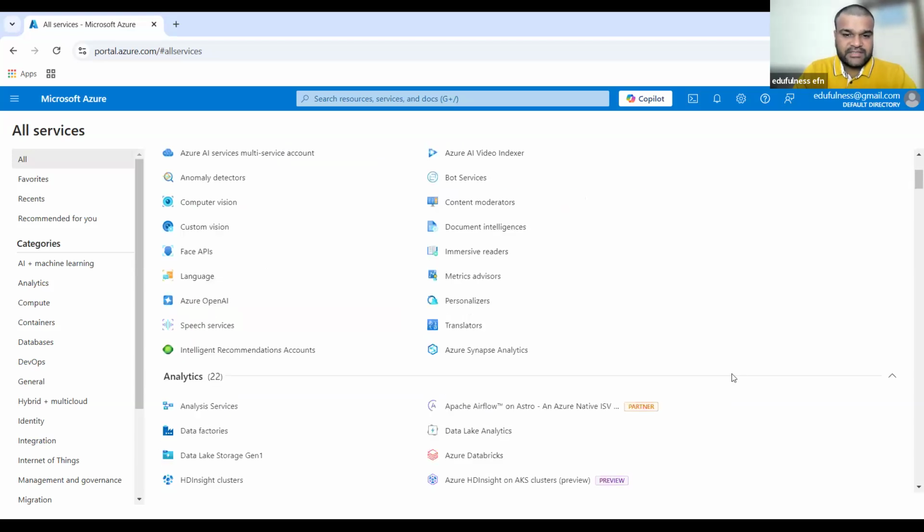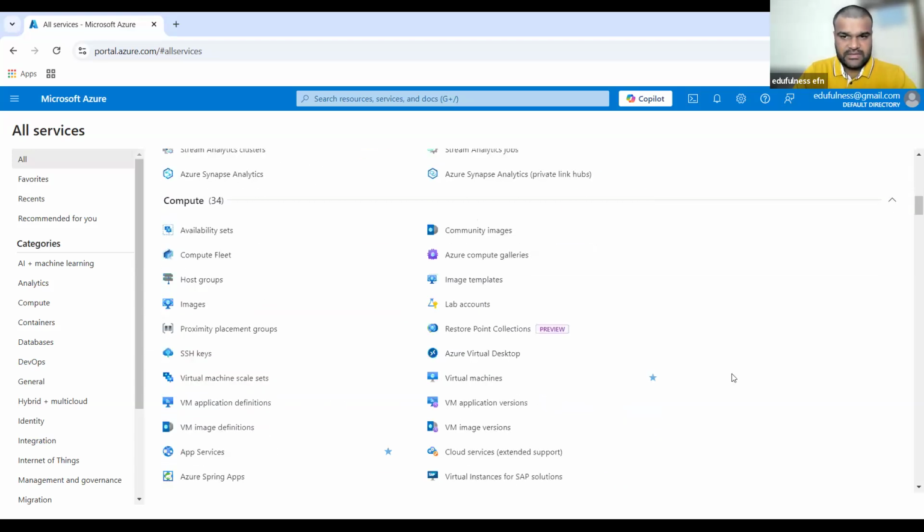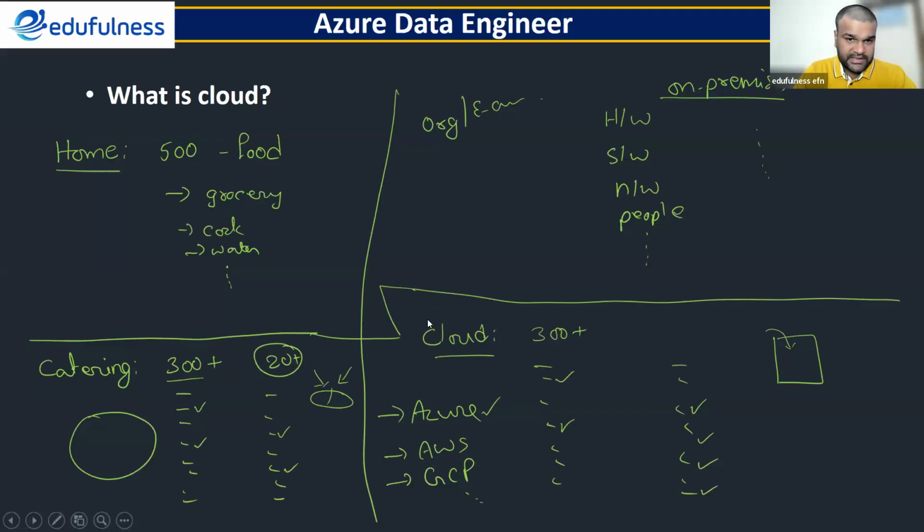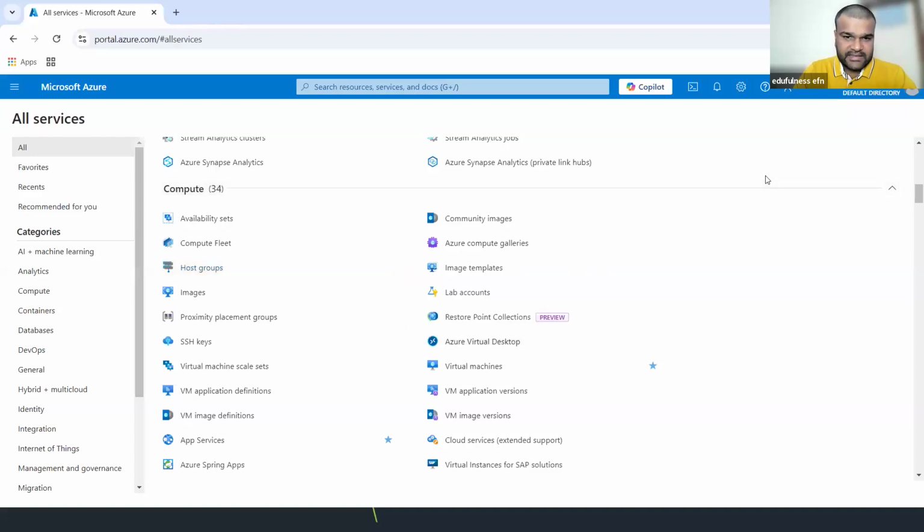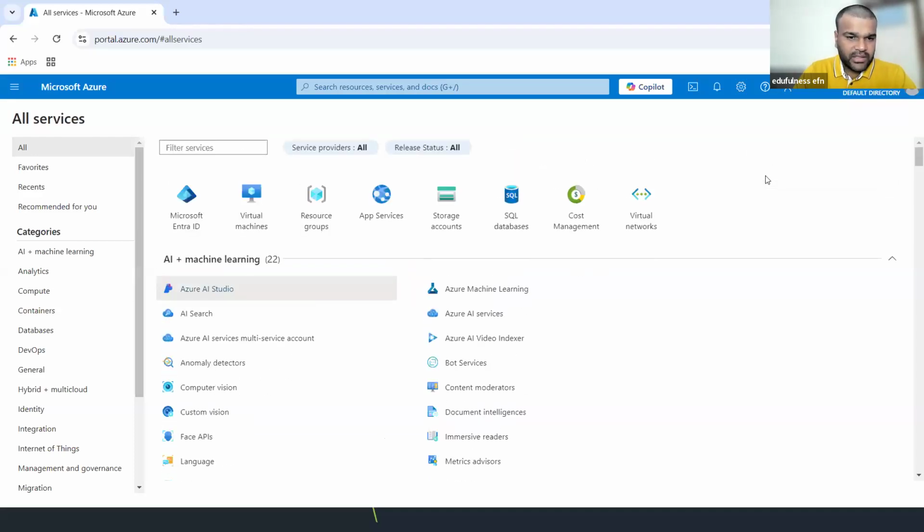So that is what the cloud is, first of all. So I hope you understand this clearly. Whoever is completely new, try to understand. Slowly we will come to the data engineering related services, and whatever is required, one by one we will create them. So tomorrow we will see. Now we introduced just the cloud and the portal of the Azure cloud. Then tomorrow we will see the hierarchy of the Azure cloud.